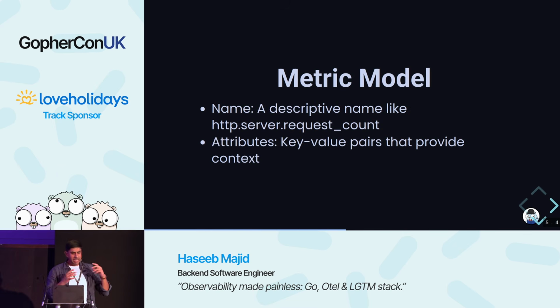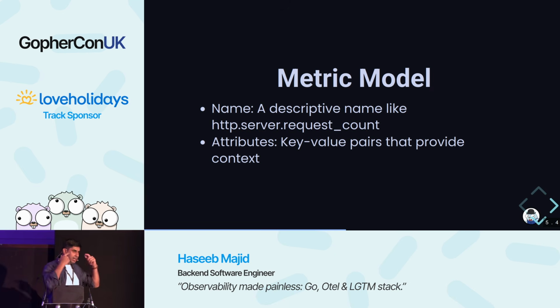And then really quickly, what does a metric look like? Well, it has a name. It has these things called attributes, and attributes are the things that add context to our metric. For example, if we're doing the total number of requests, some attributes that we might want to have might be the route, so the HTTP route or the endpoint we're calling, right? Because maybe we want to filter on that later on. Maybe we want to keep track of the response code because maybe we want to look at all of our requests that failed. When you're creating the attributes, or as you might know them in Grafana, labels,